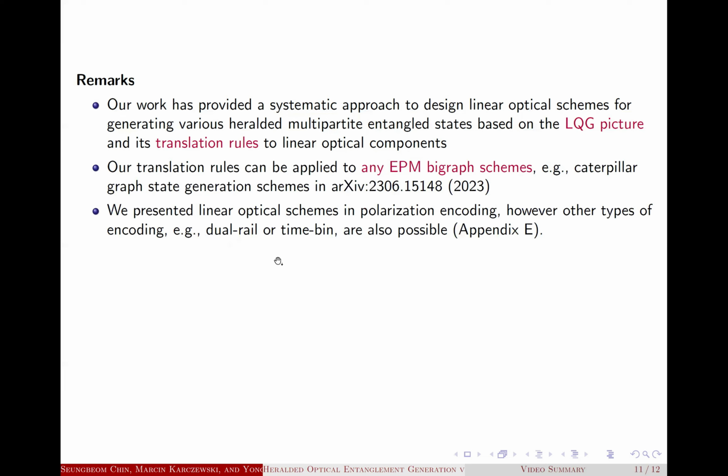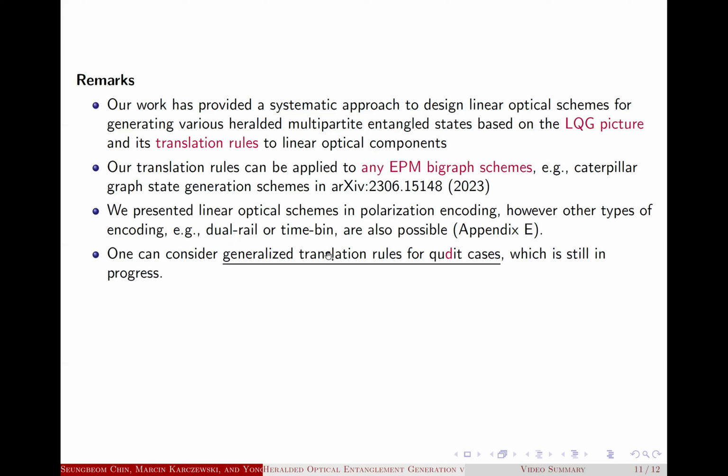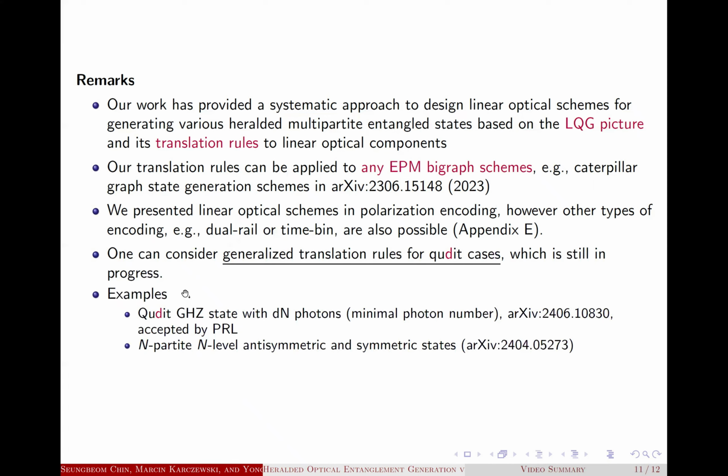And we presented linear optical schemes in polarization encoding, as you have seen so far. However, other types of encoding, including dual rail and time bin, are also possible. And a more detailed explanation for the dual rail case is given in Appendix E of our paper. And also we can consider generalized translation rules for qudit cases, because so far we have just discussed qubit cases. And this part is still in progress, but we have already announced some partial solutions related to this